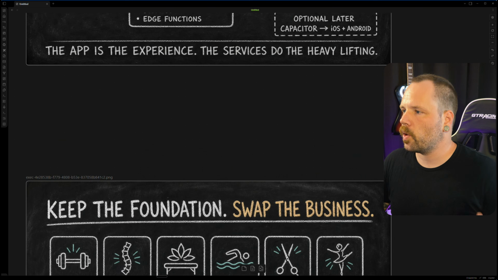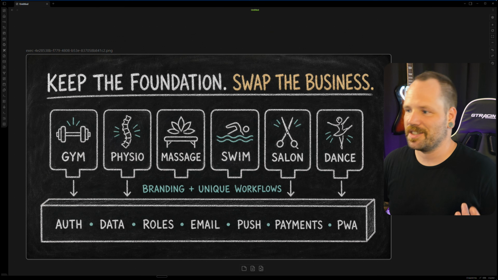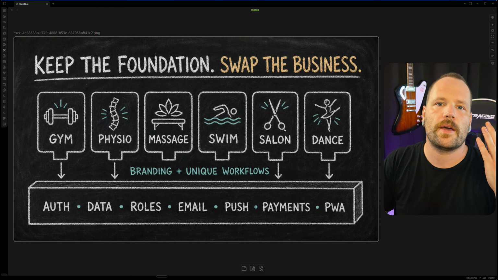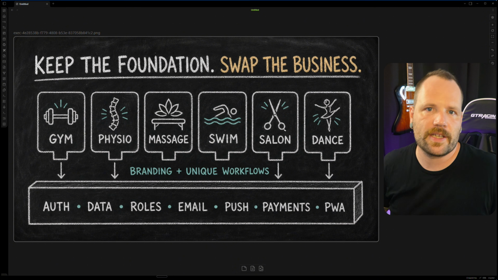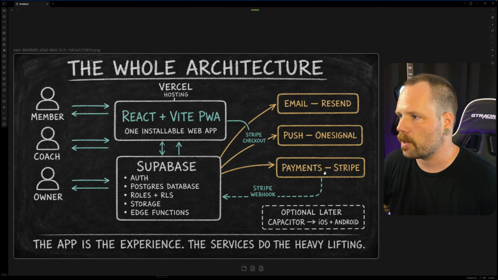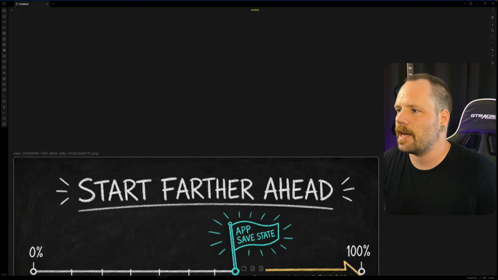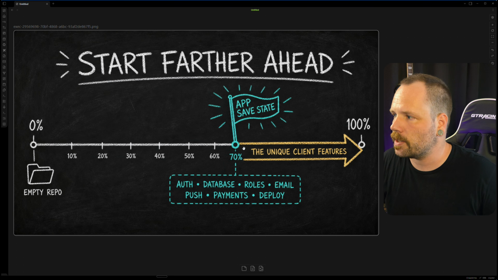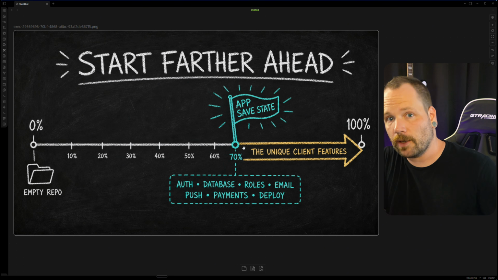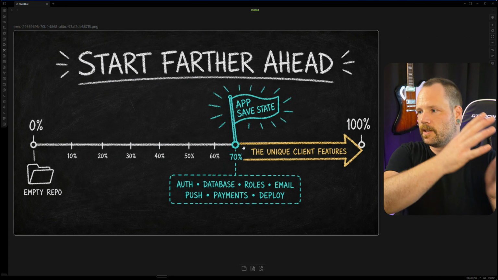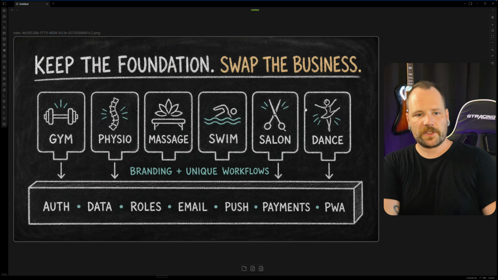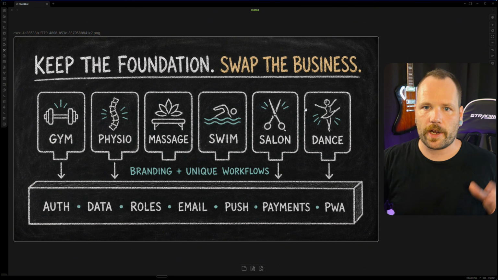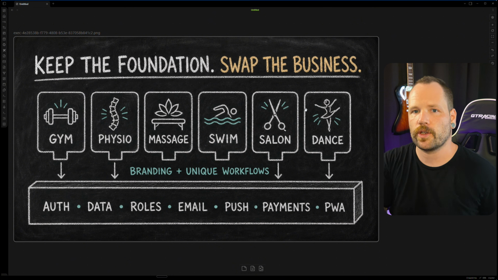And that's way more interesting than just building out a service app. How do I make this reusable so that I can do this over and over again for whatever business needs it? Take this architecture and have a save state almost, where 70% of the stuff you're going to do anyway is already there, and then you just do the unique features for whichever business at the end. So honestly, that's what I did. I shifted my focus and started working on that product, that save state, instead of just individual apps,